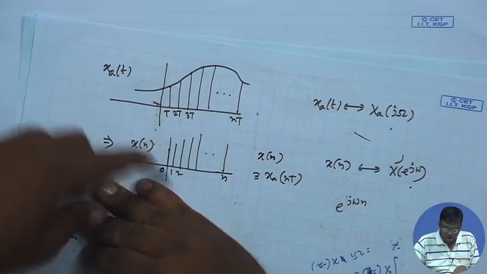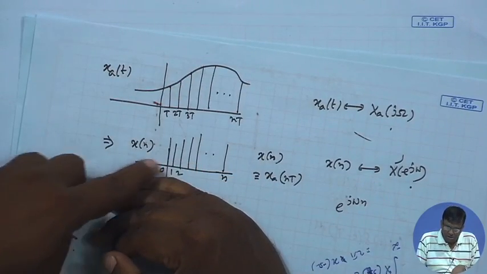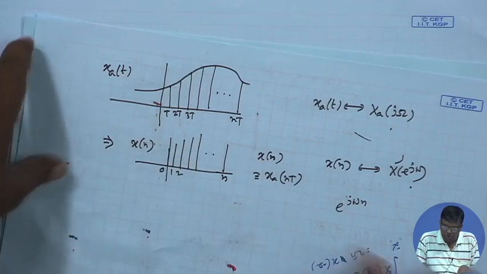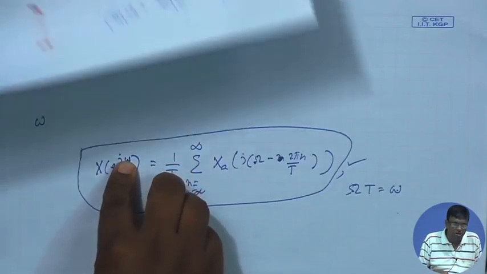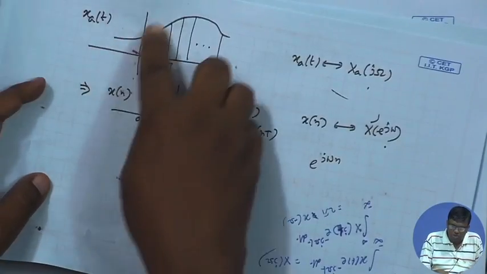Okay. So, we have established a relation between the discrete time Fourier transform and the analog Fourier transform, where there is an analog function given. You are sampling it and forming a sequence out of it. The DTFT of this sequence at a digital frequency small omega is related to